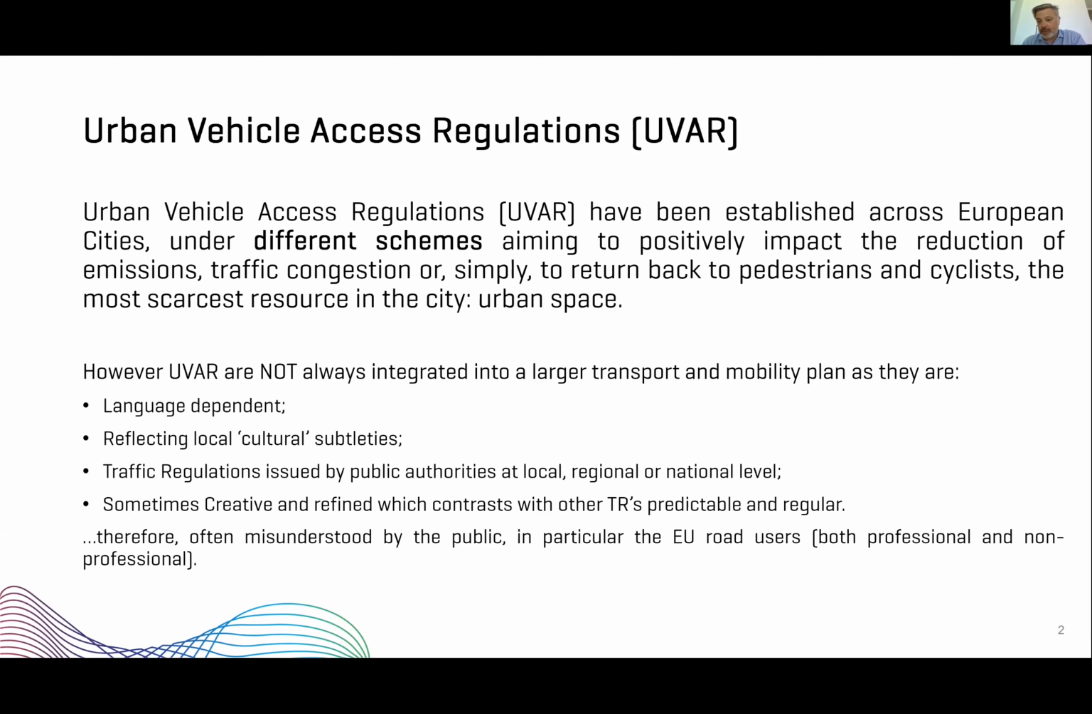However, as usual in Europe, this doesn't take place in a harmonized way, and it's been deployed reflecting local cultural subtleties, different languages, and also taking into account that these traffic regulations may be issued at local, regional, or national level. And sometimes we find, taking stock of all the UVAR schemes that we've come across in the past almost 8 months now since the project has begun,